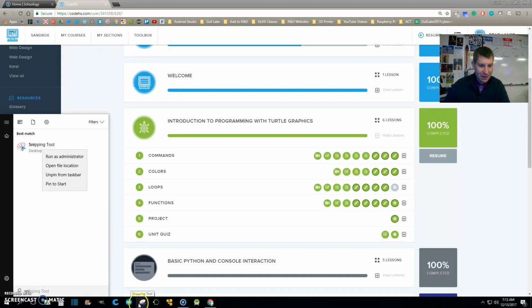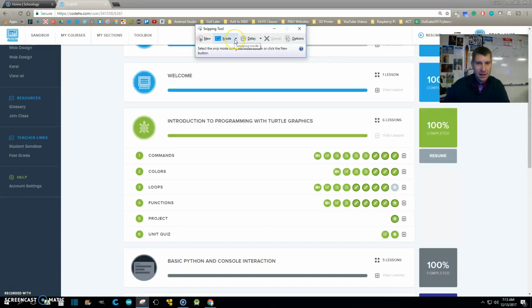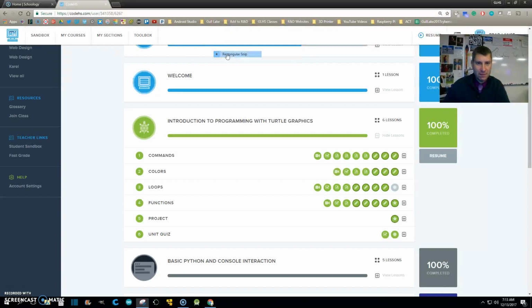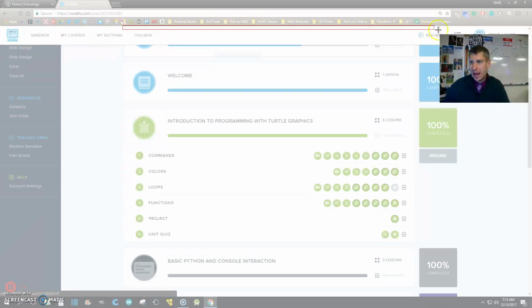With that said, I'm just going to go down now to my taskbar down here, click on it, and you're going to see this snipping tool appear here. And I'm going to ask you to go to your mode and choose the rectangle snip, if you will. So choose that one. And once you choose it, sometimes you may have to click New, sometimes not. You can see that I have a plus now. What I need to do, you guys, is I need for you guys to click from about here, I would say. The reason why, I need your name,